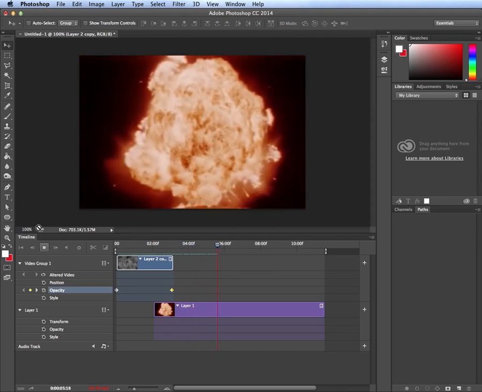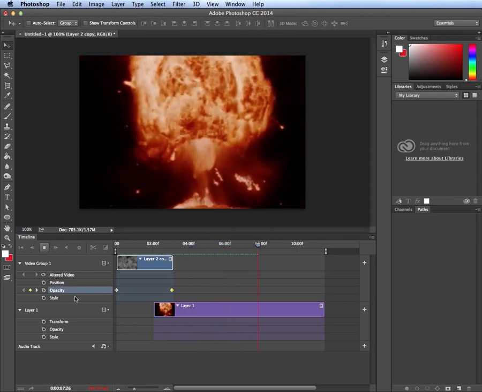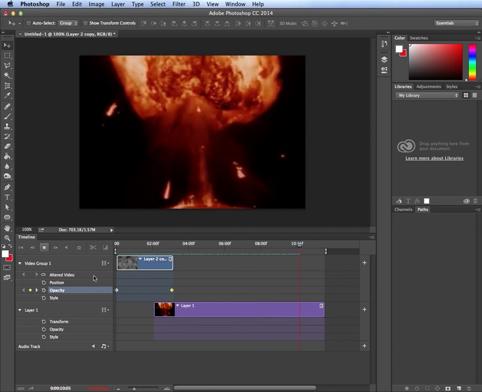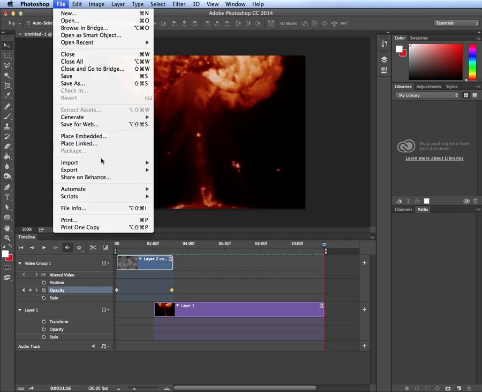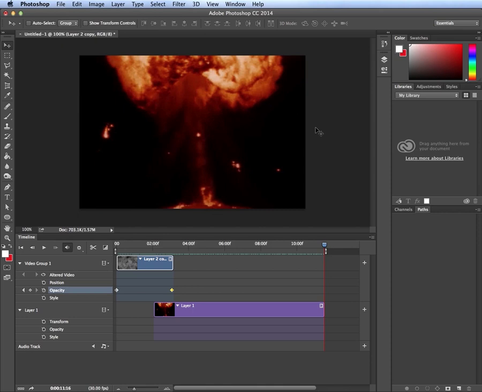Okay, so the same kind of effects that you can do in Photoshop, okay? With the animation tweens, the position, the opacity, and the style, you could also do on video, okay? And using this ability to insert keyframes allows you to actually do a starting state and an ending state and change the value in between, okay? So you can kind of do all sorts of effects with this. It's actually pretty interesting. And you would export it the same way we talked about. You'd say File, Export, Render to Video, choose all your settings, and that would export,